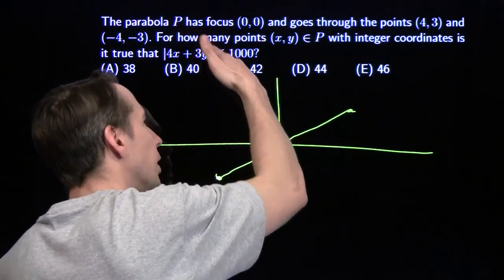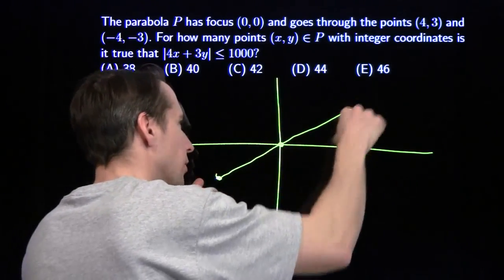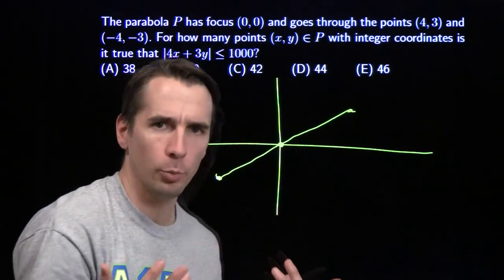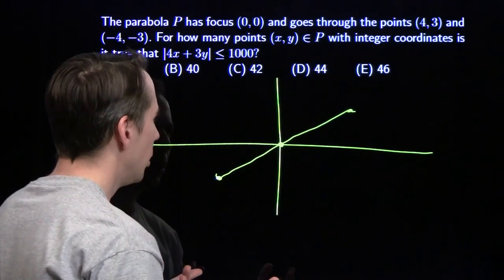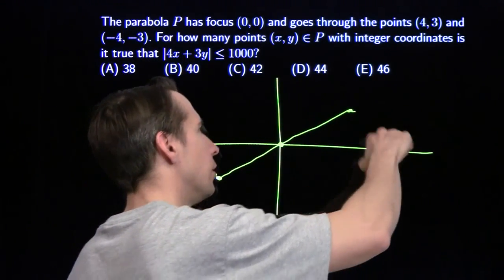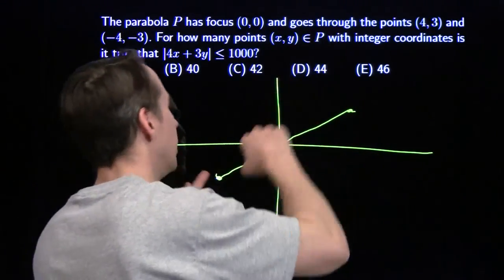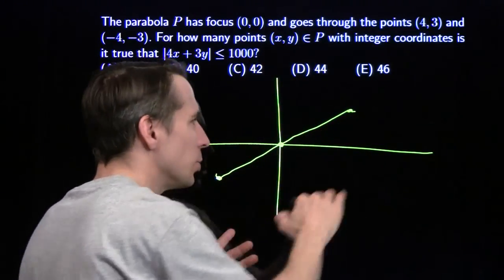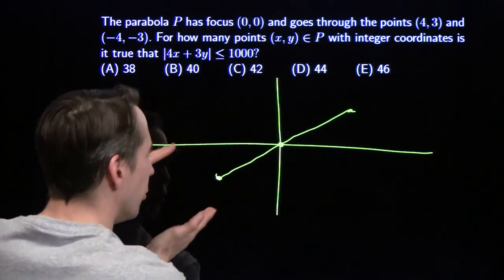Well, there's one line that goes right through the middle, the perpendicular bisector of this segment. But that can't be the directrix. Directrix can't go between 2 points on the parabola. There are 2 other lines. There's one down here, it's parallel to this. There's one up here, it's parallel to this. It's a very special chord right here. So whichever one of these we choose, this chord is parallel to the directrix.